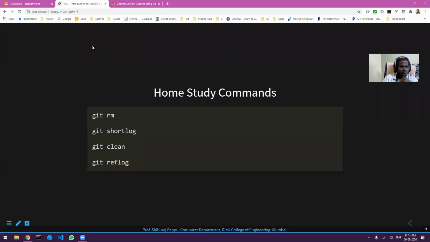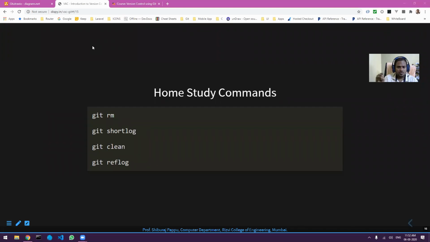One student is asking, what if we modify the working directory after git add and then git add again? You can do git add any number of times until you commit. It does not matter. And let's suppose you do git add, then add some more changes after and forget to do git add again.